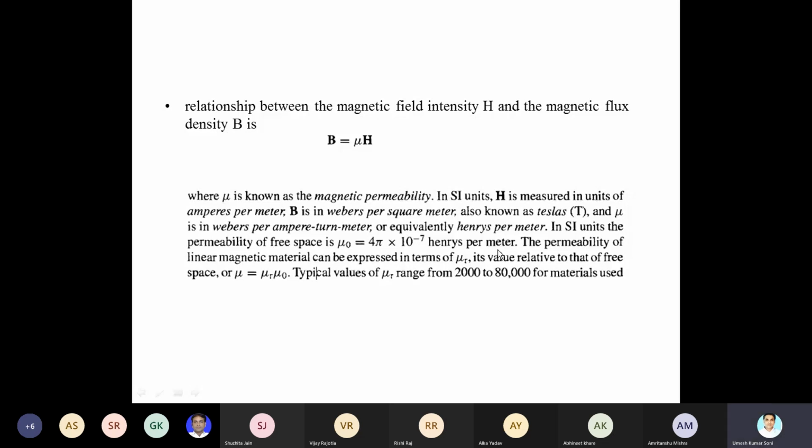Okay, and the flux density is represented in terms of flux per unit area. Okay, so flux is given in Weber. So Weber per meter square is the SI unit for flux density B, and also Weber per meter square is called the Tesla. Okay, similarly, if we have mu equal to Henry per meter, and then divide Weber per square meter or Tesla,